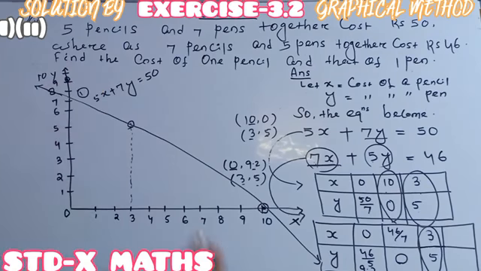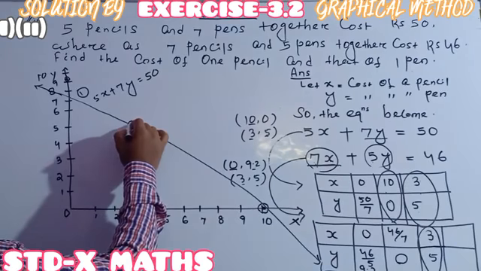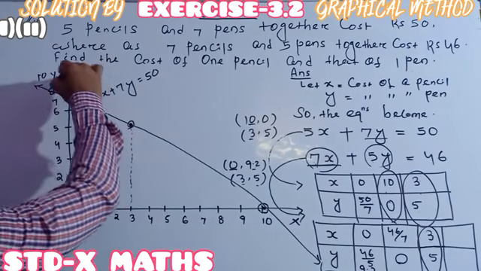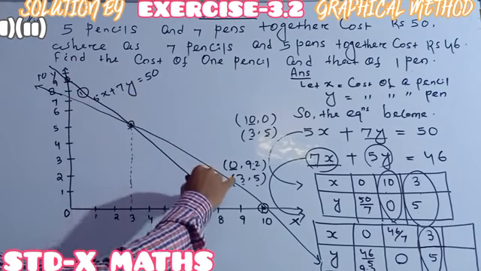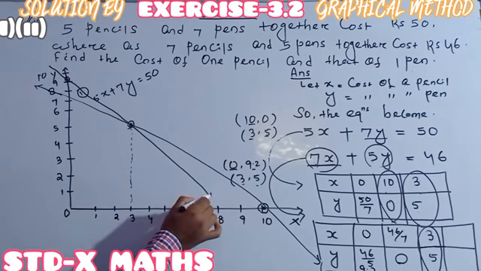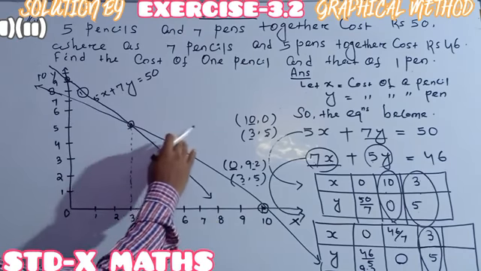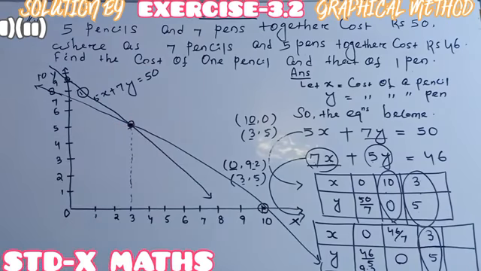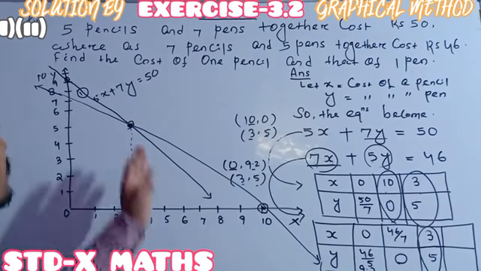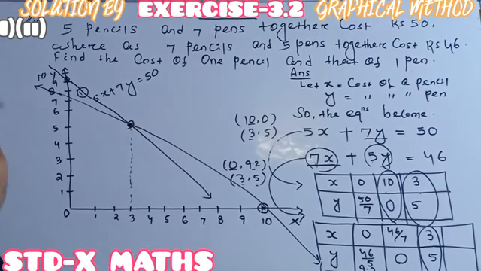So this one is the point with coordinates (0, 9.2). Then the other one is (3, 5). (3, 5) means the same point here. So it means I am joining this point and this point with one another. Between the two, we get the intersecting point, which you know very well. That intersecting point is the solution for the practical situation.